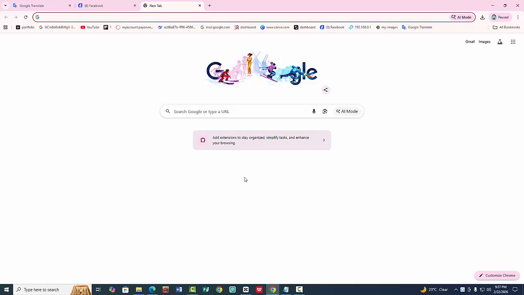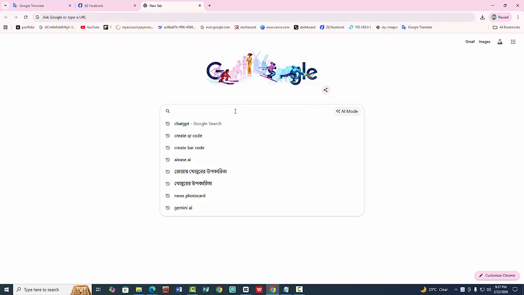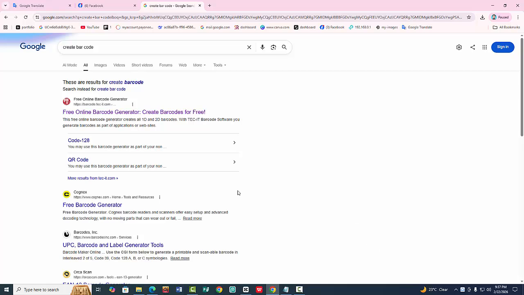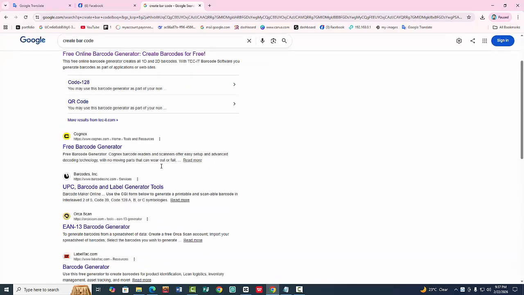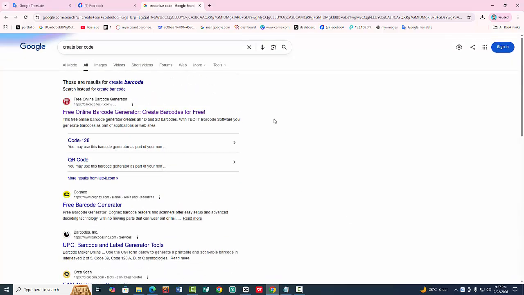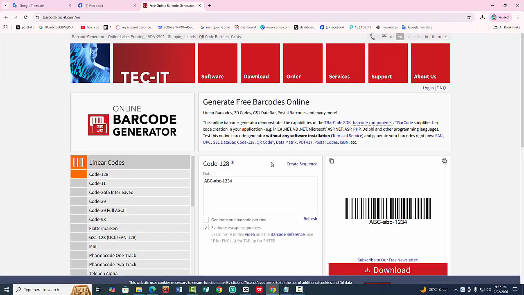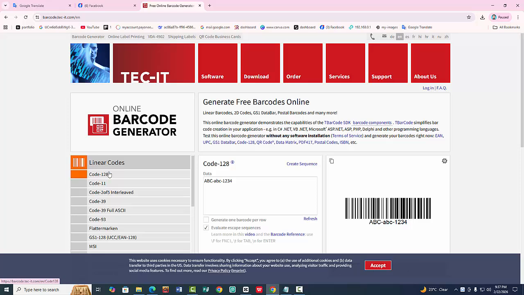Now you can see the new interface, and click on the search bar. Now I type create barcode. Now press enter and we see a new interface. Now there are many websites to create barcode free. Now select the first, free online barcode. Now click generator and